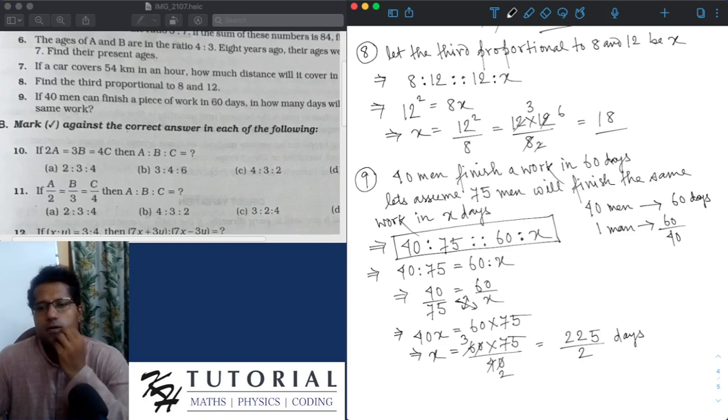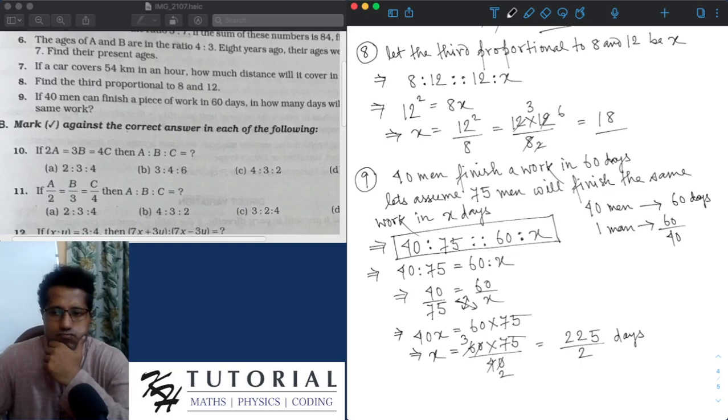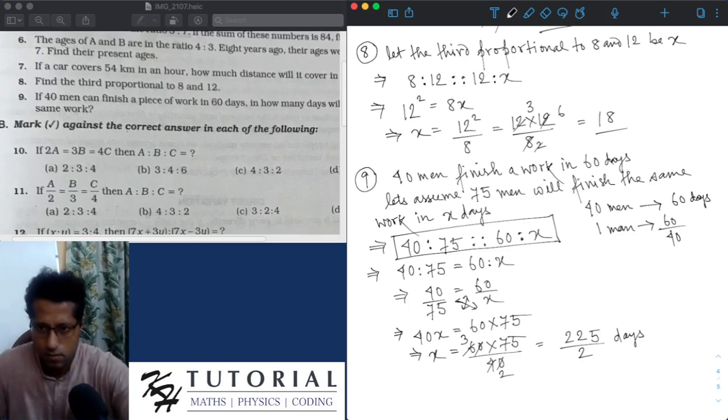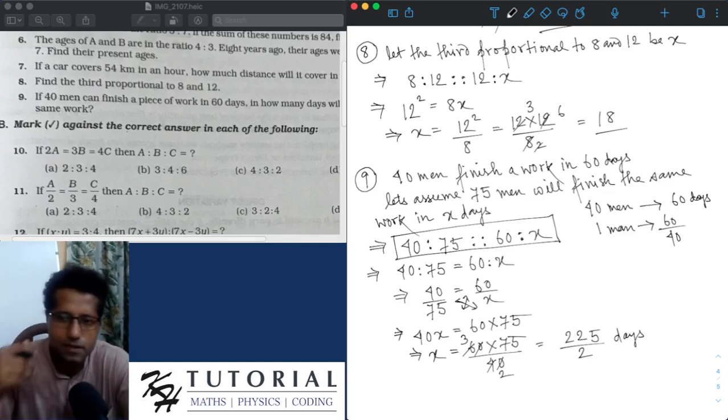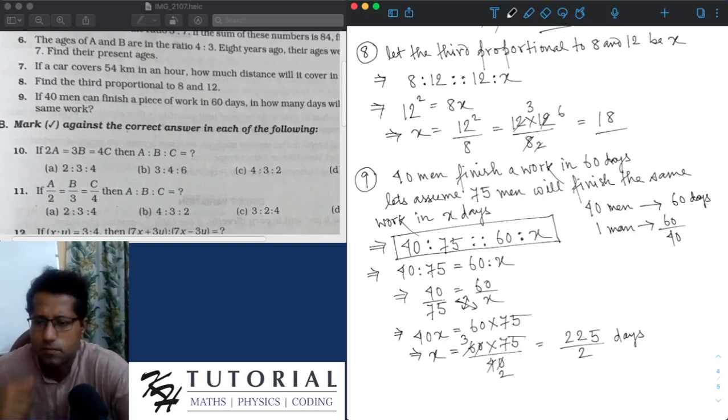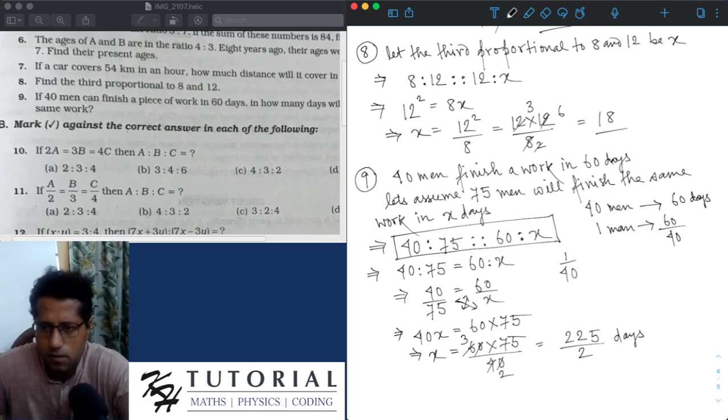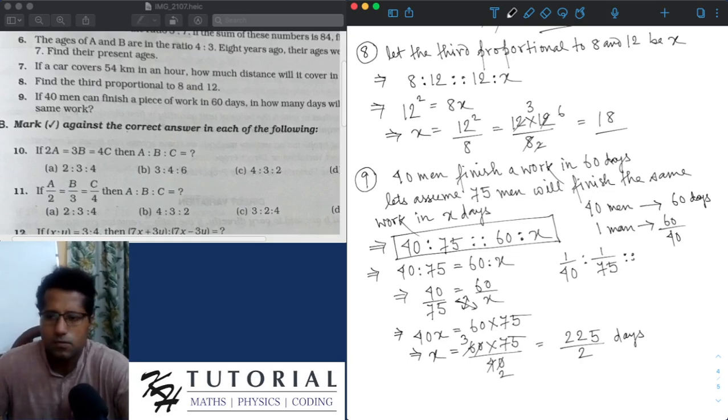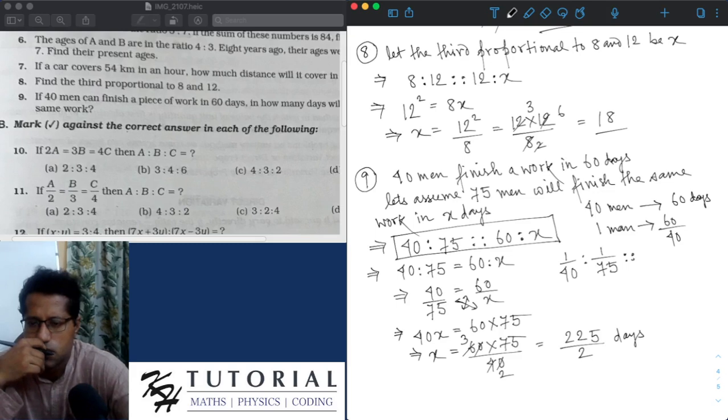I think the ratio will be inverse. By that I mean not 40 is to 75 equal to 60 is to X, but I'm not sure. It could be that 1 by 40 is to 1 by 75 should be in proportion to